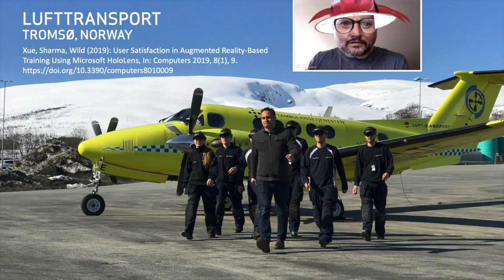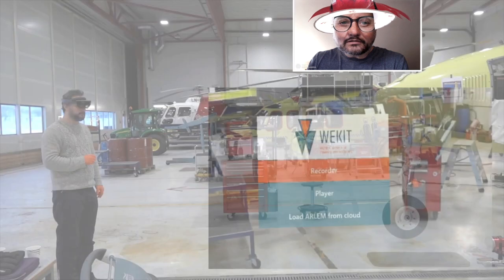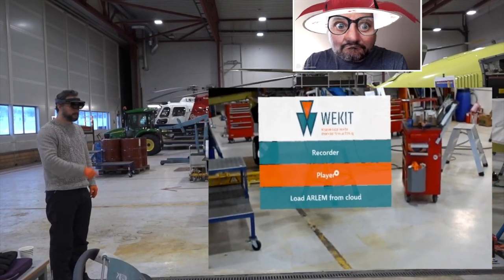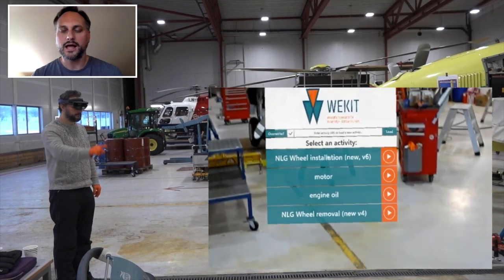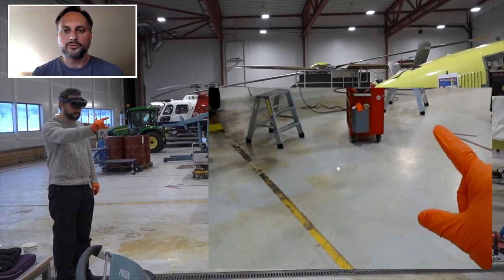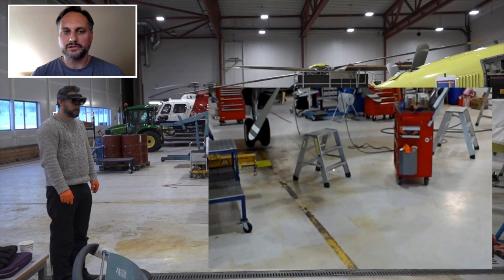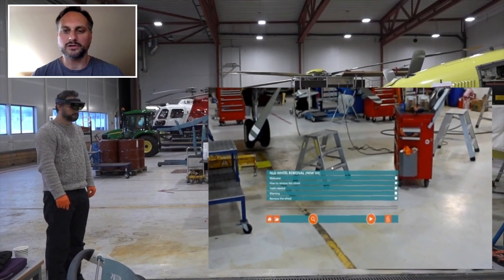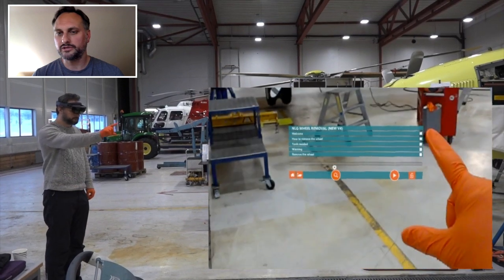I brought another example with me today from the work we did with Lufttransport in Tromsø in Norway, where you can see how the WEKIT software is put into action for the maintenance of air ambulance planes. It shows you how a wheel removal procedure on an actual airplane is trained. It will start off with some calibration procedure